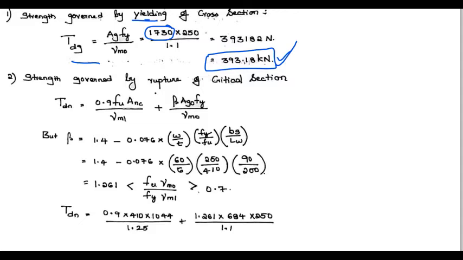And rupture strength is given by the following equation for angle sections. We have different expressions to calculate the rupture strength for plates, for angle sections and for threaded bars. So this is the expression from the code book. You can find this; we have discussed it in the previous video. So substitute this Anc and Ag0 which we have calculated earlier, and Fu is the ultimate strength of the plate.